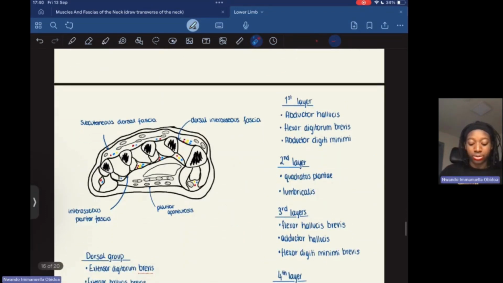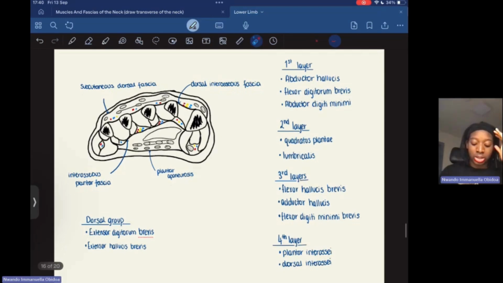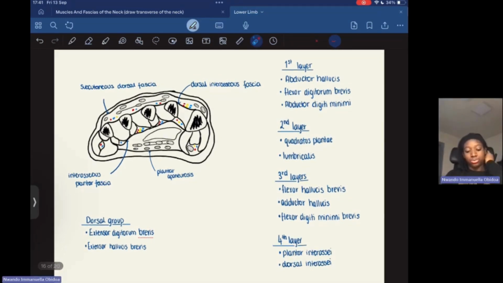Moving on to muscles of the feet, you have your dorsal surface and your plantar surface, dorsal being the top of your foot and plantar being the bottom of your foot. For your dorsal group, only two muscles, the extensor digitorum brevis and the extensor hallucis brevis. But then for your plantar surface of your foot, there are quite a few muscles, but it's best to learn